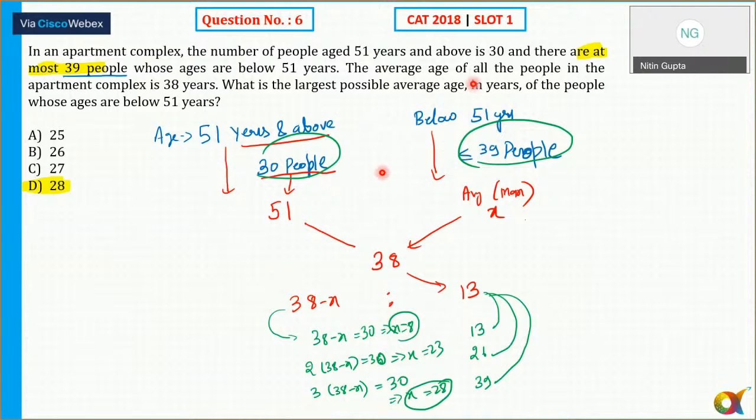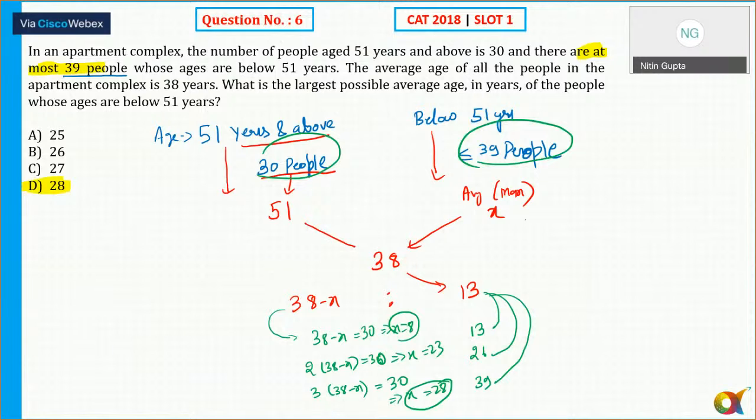Okay. And the average age of all the people in the apartment, if I combine these two, the average is equal to 38. The question is, what is the largest possible average age of the people whose age is below 51 years? So I have to calculate the average of these people below 51. Let's say that is equal to x, and I want this maximum. This is in between, and I want this maximum, so I will try that this will be maximum only when the other average is minimum. But for the minimum average, since all their ages are either equal or more, the minimum possible average of all these people can be 51. And now this is 51, this is x, and the average of these two is equal to